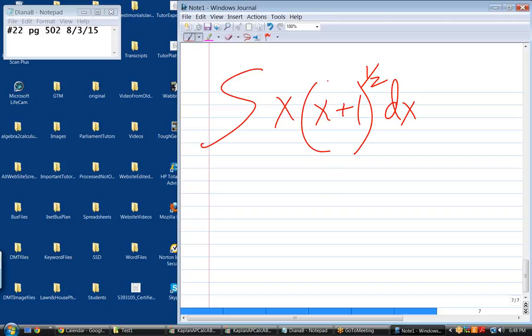But the fact is it doesn't matter, even if that was 3x squared in there, now I can use U substitution, because the derivative of the inside is going to be 6x. Well, I can make this 6x by putting a 6 there and a 1/6 out there. Now I'm all set to go,